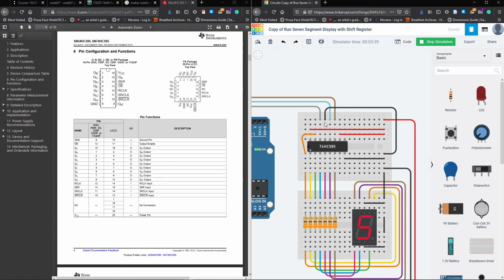Look at this. 1, 2, 1, 2. Count the legs. 3, 1, 2, 3. I feel like this shift register 85S might be a slightly different package. No, this would be okay. So then if we look at this, we'll see that this is connected to